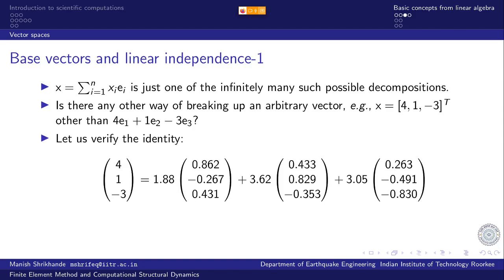So let us approach this problem in the reverse order. Let us verify the identity. Does the right hand side equal the left hand side? Just try to calculate these numbers. Do they add up, and does this equality hold? Can you check? Just work out the top number or last number, whatever.